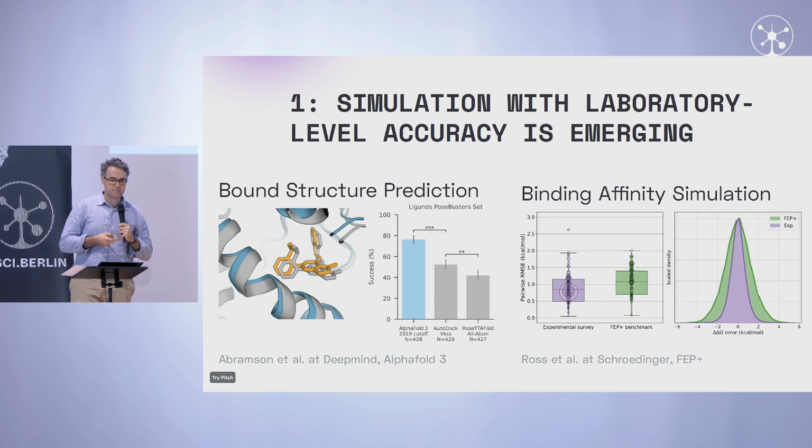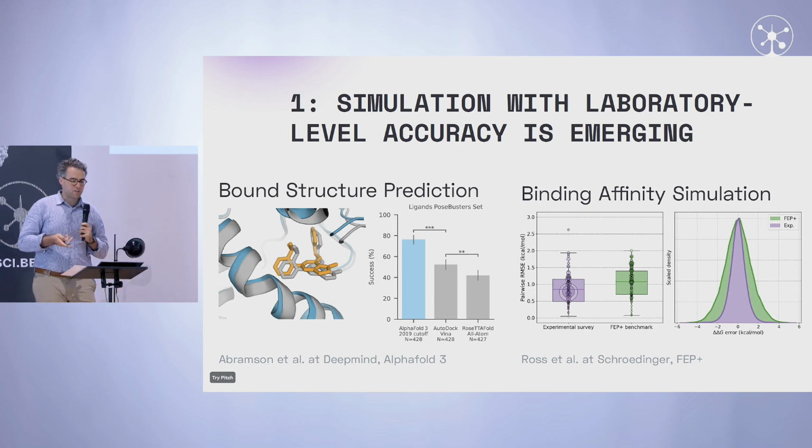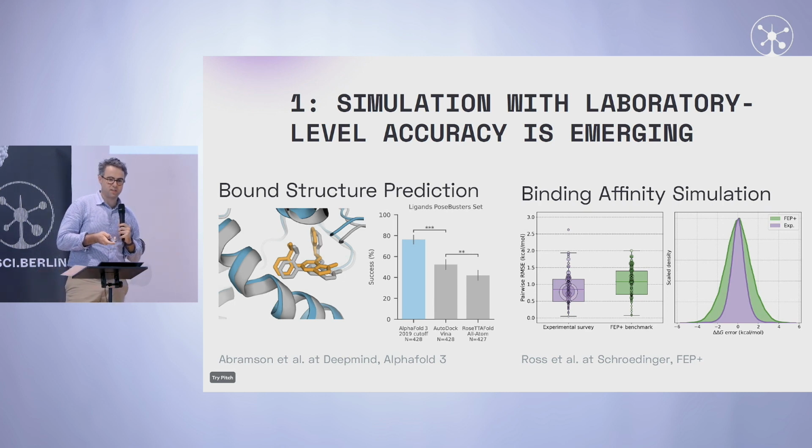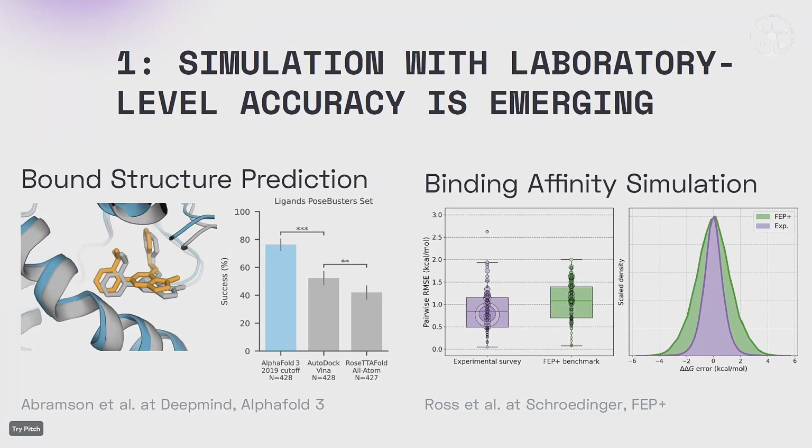Now, the good news, and that's what I'm really hopeful about, is that we're in 2024 and things are changing quite rapidly in our ability to model and avoid going to the lab. So this is from a recent paper that probably some of you have seen. This is from the AlphaFold 3 paper, which is now advanced to the stage where we're not only able to fold proteins, which I think is what most people are familiar with AlphaFold, but we're now at the level where we can also model a protein in complex with a small molecule inhibitor, which is still the primary modality to hit a drug target today.